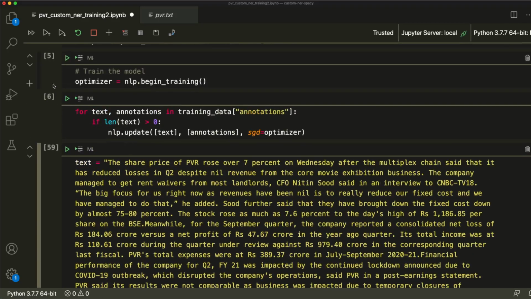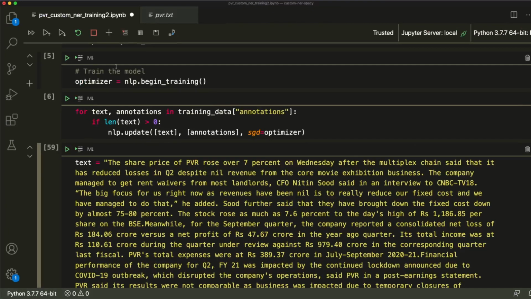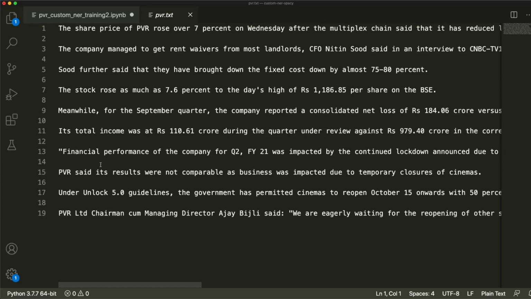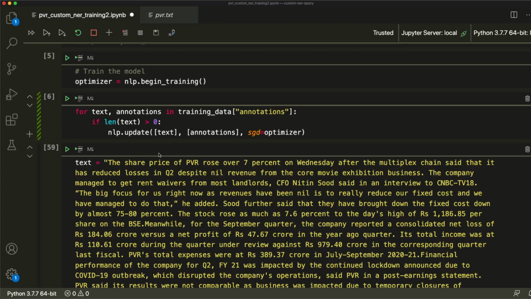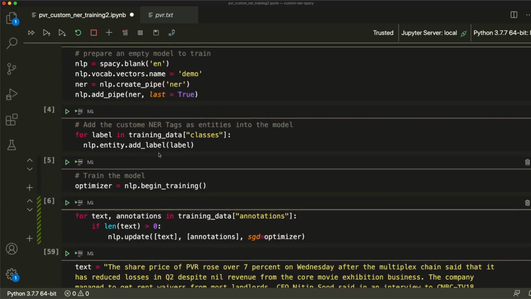It might take a bit of time, but we do not have a lot of data, so we have added it. Another thing you might ask is, what if I have a lot of text? In this case, the text that we had is like 19 lines, but what if I have 200-300 pages of financial documents that I wanted to train on? In that case, what is advisable is to create multiple text files and train on them, and then finally you can combine the JSON files. Or you may not even have to combine the JSON files.